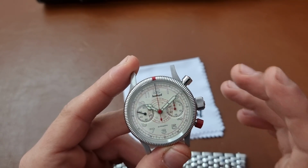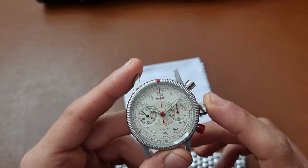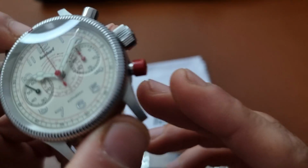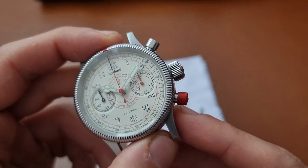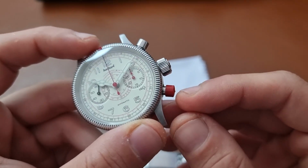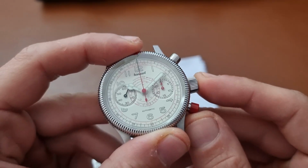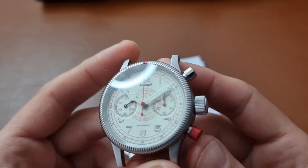Anyways, they created time measurement devices in Gutenbach in the Black Forest of Germany. And the legend says that the red button comes from a pilot that actually had a girlfriend over, and she painted his stop or start, the restart button with red. In